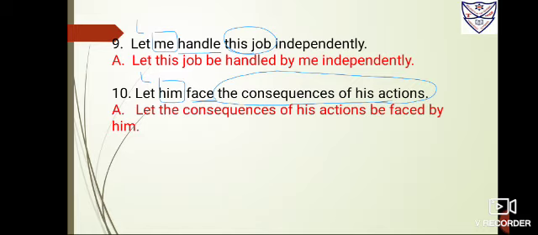Now let him face the consequences of his actions. So again, it is a sentence that already begins with let. With that, there will be a subject, but it could be in the object form. Okay, let him face the consequences. So him is the subject because he has to face it. Okay, and face is the verb, so underline it. The consequences of his actions is the object, so you have to circle it. Now it's beginning with let, so I'll also be using let at the beginning only. So it is let, object bring ahead, let the consequences of his actions. Okay, add B-E-B, then third form of the verb face, faced, faced, be faced, add by.